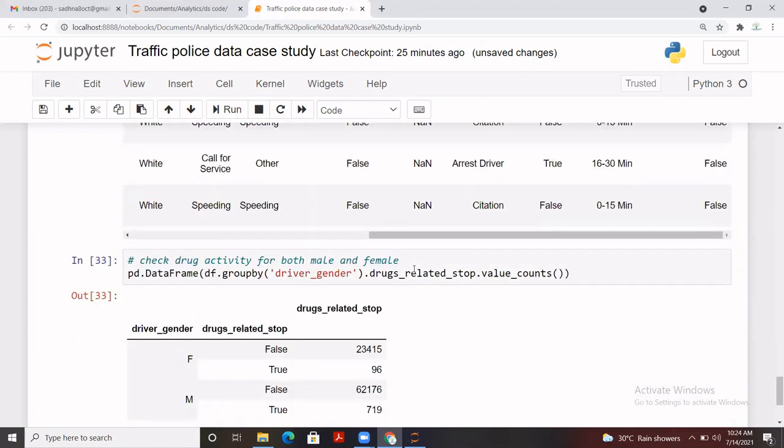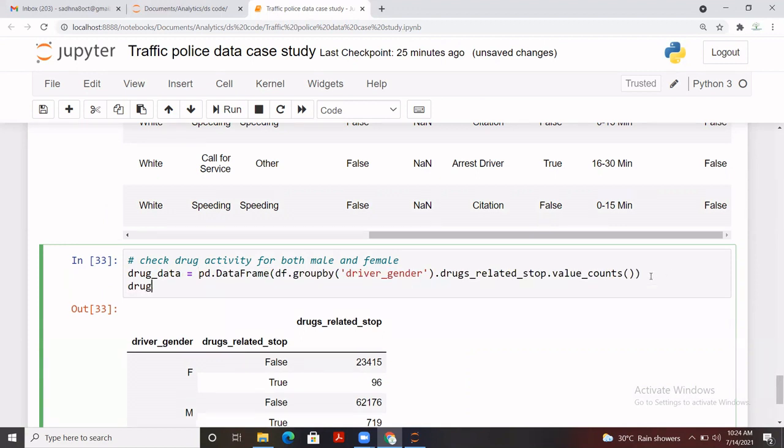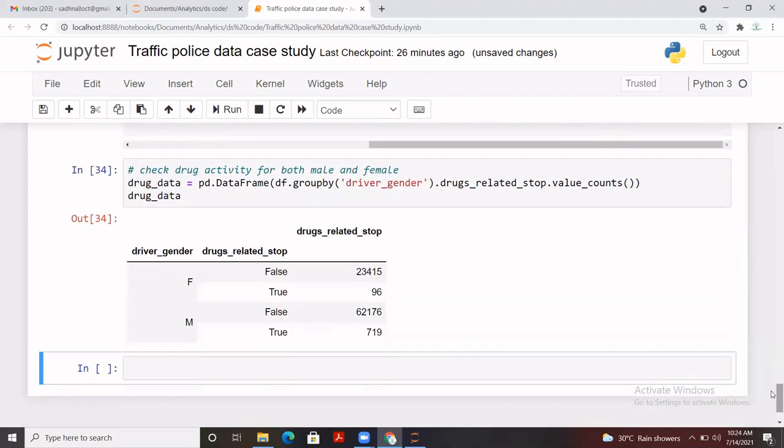Right. Yes, that's what we did here. And we are going to store it to a drug data, let's say. And once I call it, it will look like this. Here it goes. So we have put that into a different object.